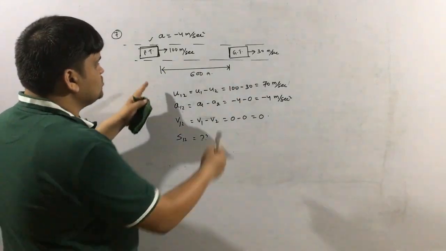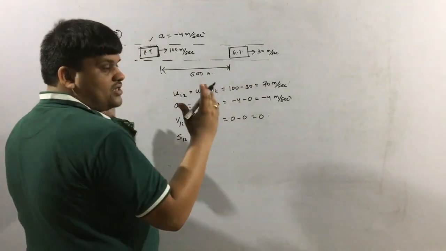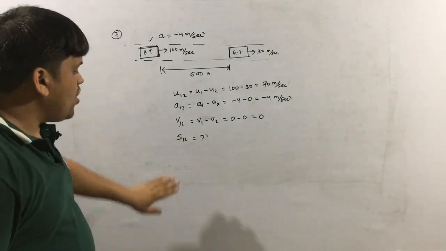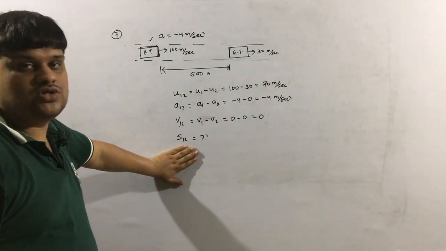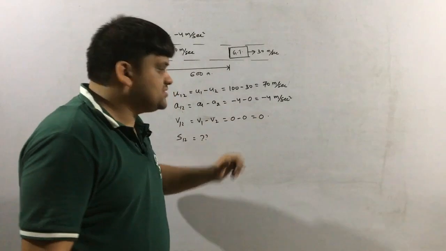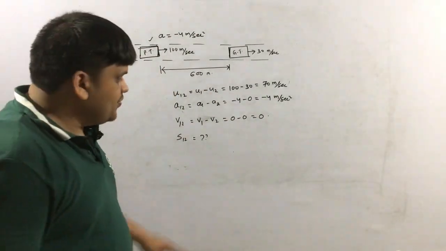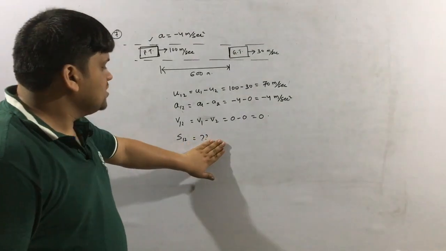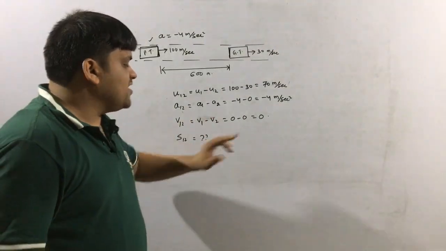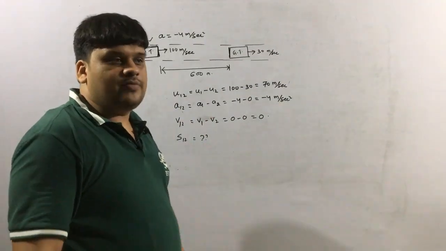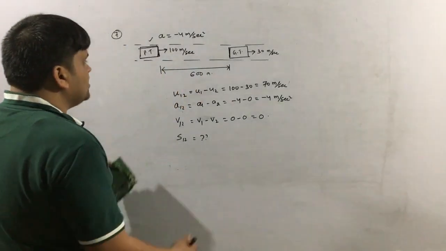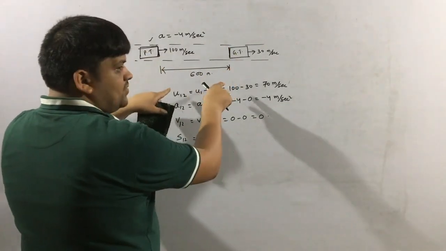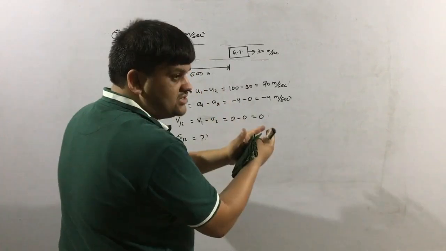Okay, because this distance will be the relative distance. Let us find what must be the relative distance between them, so that there will be a strike. Okay, if you find this, why are we going to solve like this? If we find this S as 500 meter, it means if the distance was 500 meter, then they are going to strike each other.